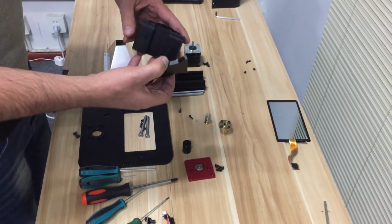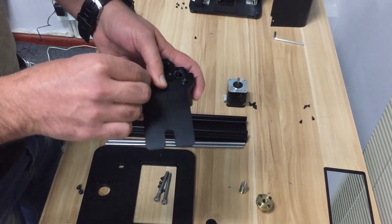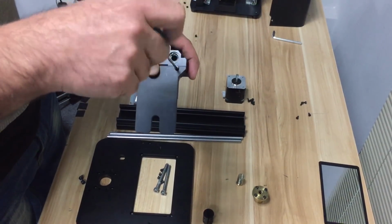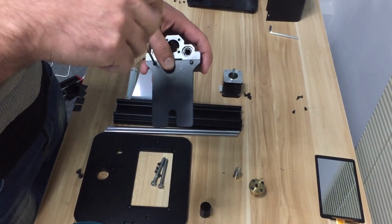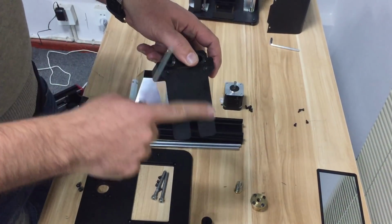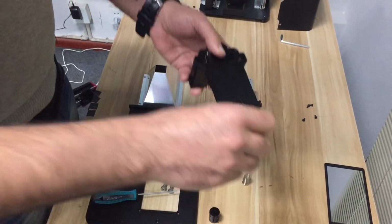First, I'm going to assemble this, put the plate on the bearing block, tighten them with these two screws. And just keep in mind, this is the bottom part and the flat part is the top. And later on these,